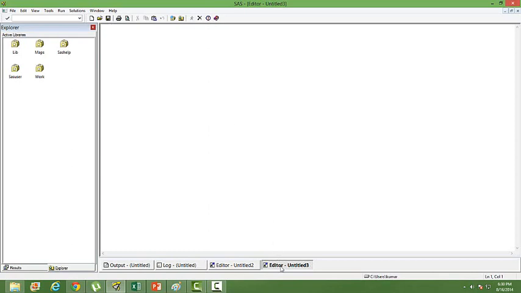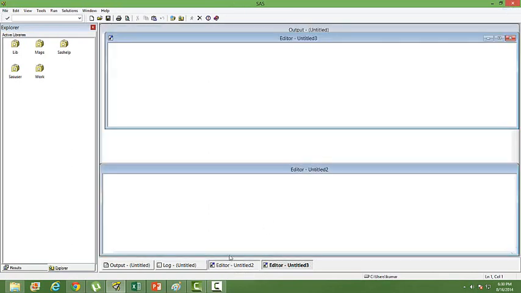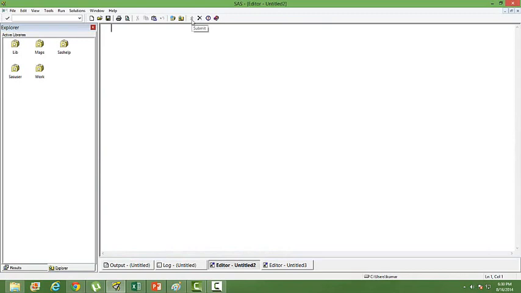The one that looks like somebody is running, right? By clicking on this, you will be able to run your program. If you click on this, the entire program in the editor will be run. If you want to run only a portion of the program, only a few lines, just select that portion of the program and then click on this particular icon.